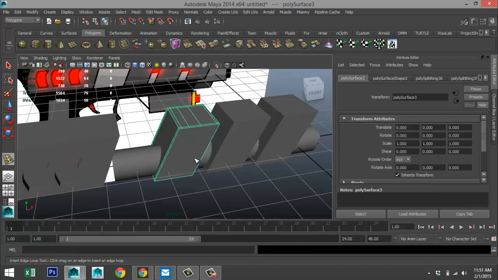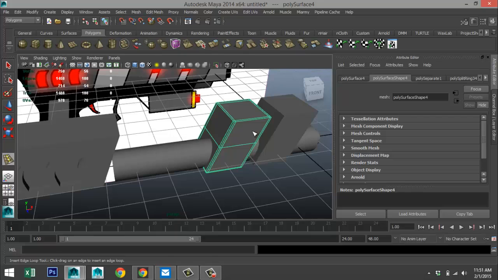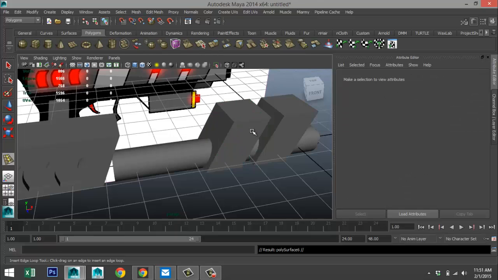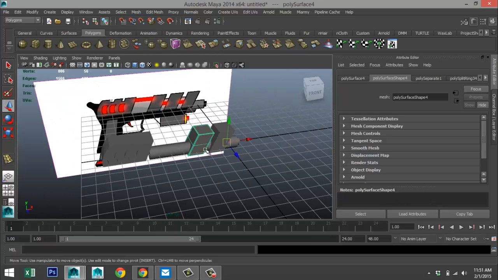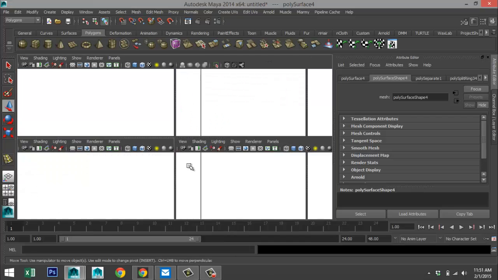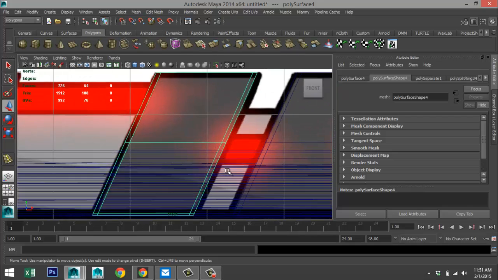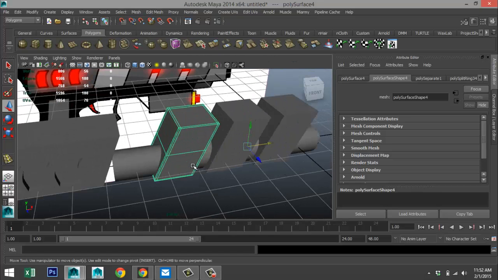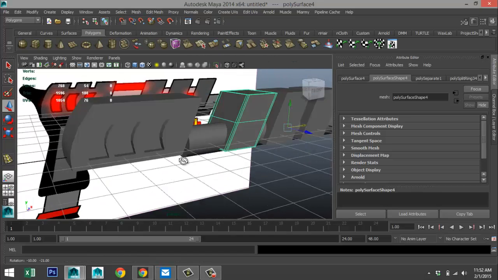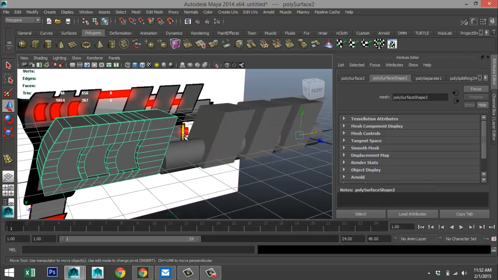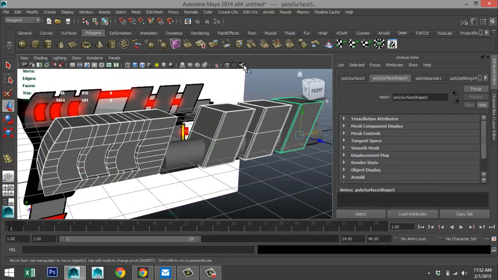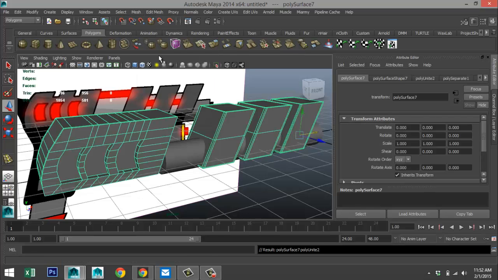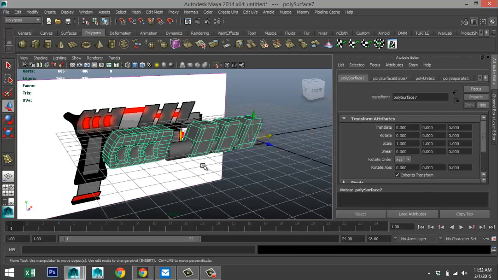Okay, we're going to delete him, select him, Control D to duplicate, W to move over. That looks okay. And let's see how this guy looks. So we're going to combine them again.